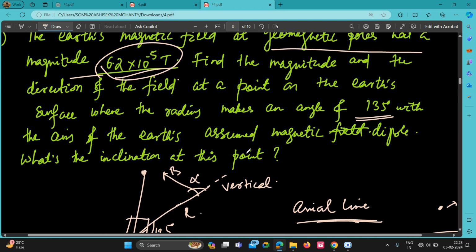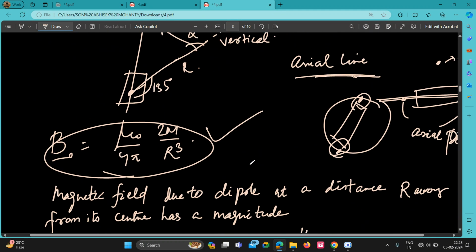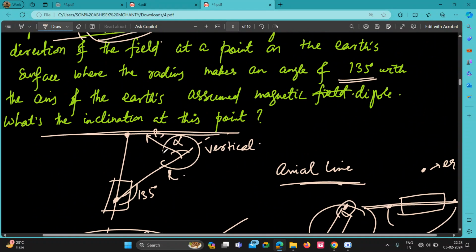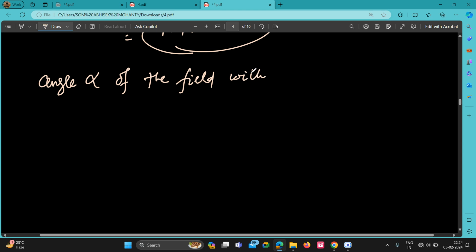This was the question, I think. No, what is the inclination at this point? Inclination is your alpha. This is the inclination. So angle of inclination alpha, how will you write it? See, the angle alpha of the field with the vertical, the formula for it with the vertical is